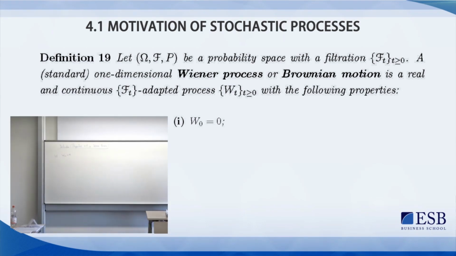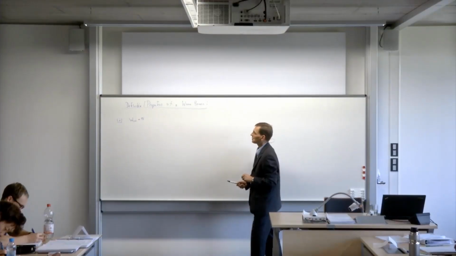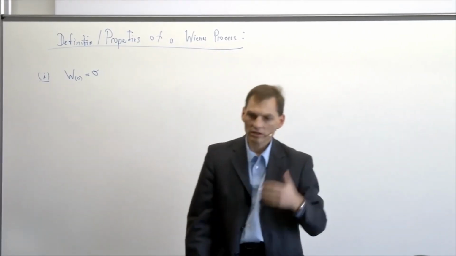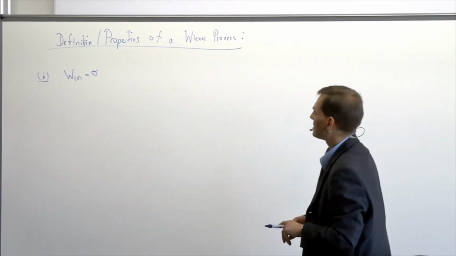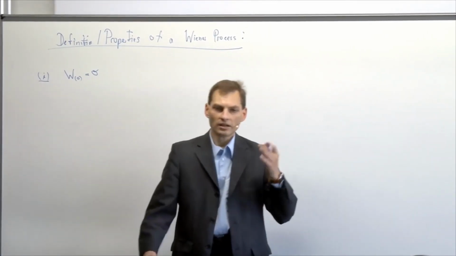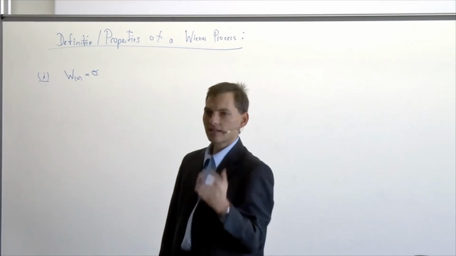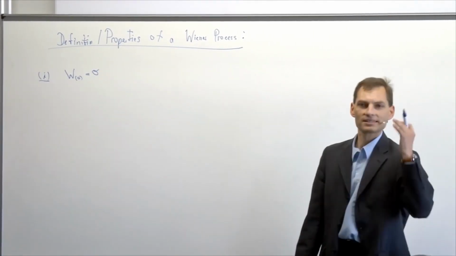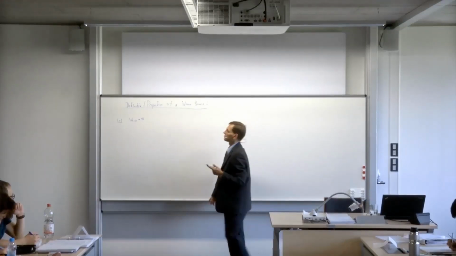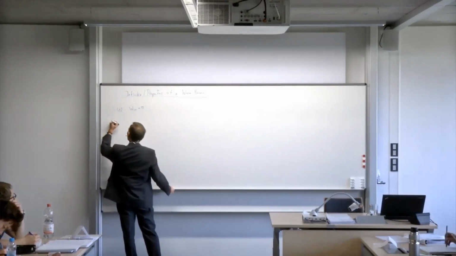And once again, just to make this clear, I can write down here W. W is now my stochastic process. It's like the capital X. Or I can write here the B, right? And then I call it the Brownian motion. That does not matter. All the variables I use here now are stochastic processes. And due to the fact that it's according to Wiener, I will use the W here, obviously. So the first property of a Wiener process: it starts in 0. So at time 0, the process is 0. The value is 0. Then the second property,